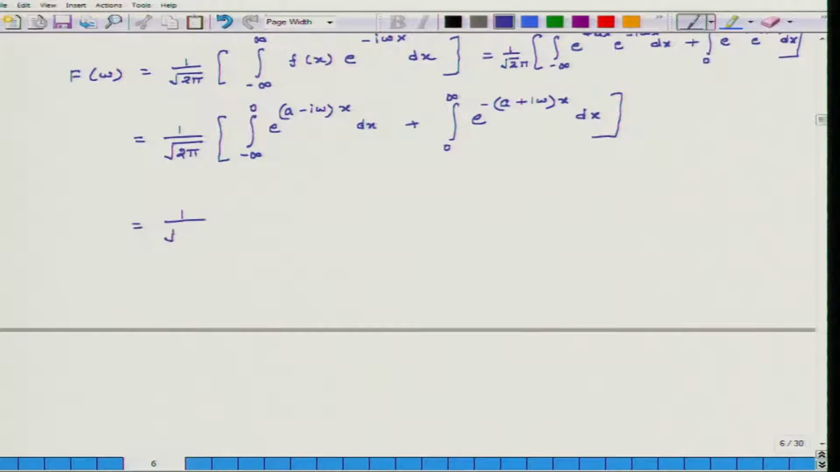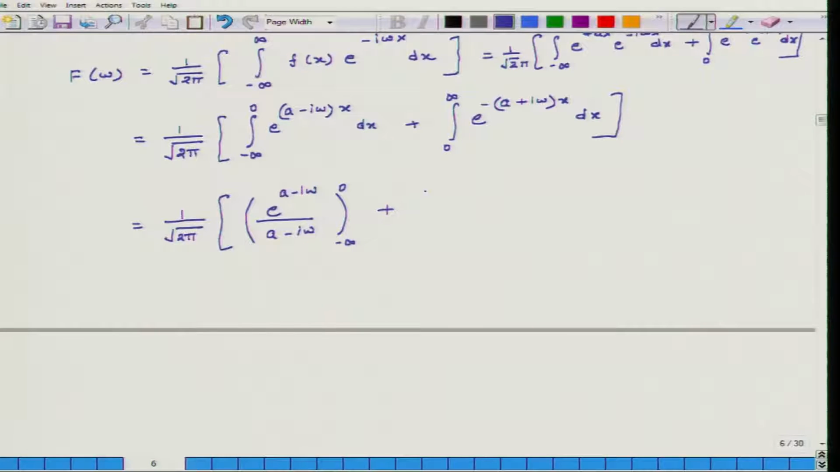So, I compute it further, and what I get is, when I integrate the first term, e to the power of a minus I omega divided by a minus I omega, and this I am evaluating from minus infinity to 0